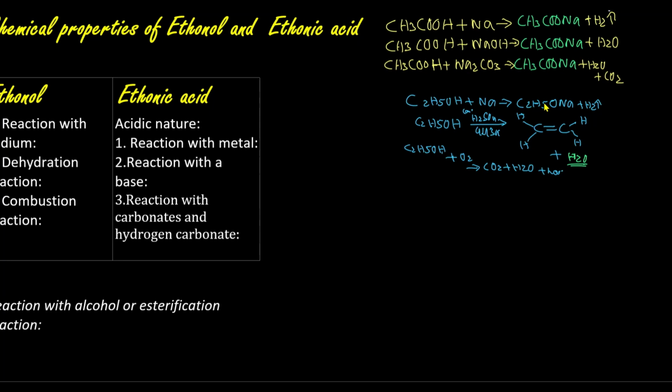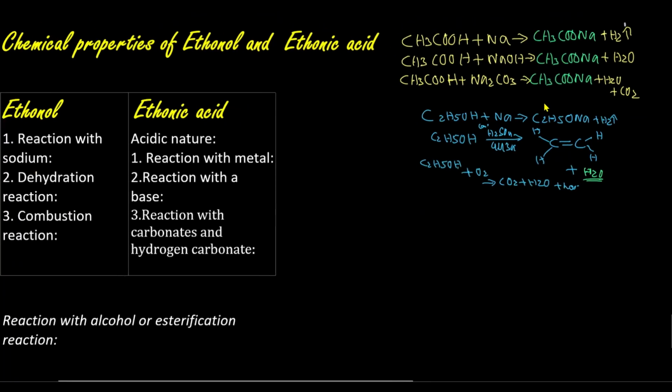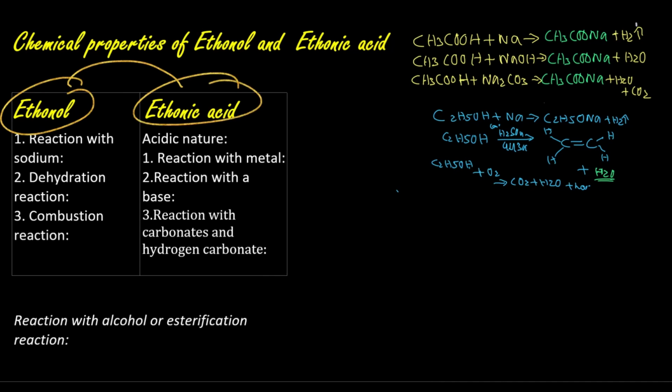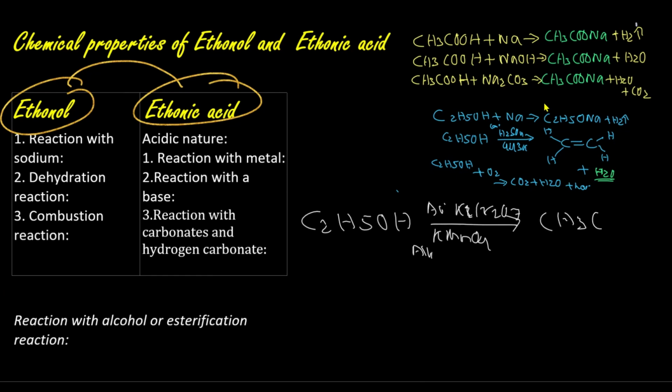Now what we are going to do is a reaction which involves both of them. Let's say ethanol can first be converted into ethanoic acid. So ethanol is C2H5OH, in the presence of alkaline KMnO4 or acidified K2Cr2O7, will give you ethanoic acid, CH3COOH. So you can see here that ethanol gets converted into ethanoic acid, and